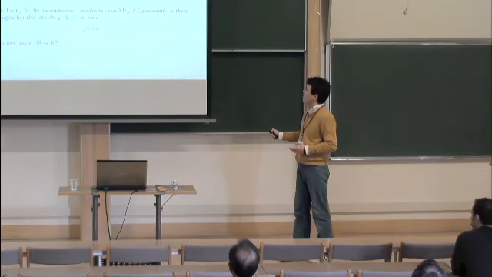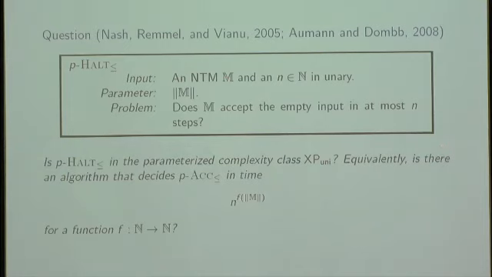version of this class. Or more precisely, whether there is an algorithm deciding this problem in time n to the power of f of the size of M. Here f is a function. So if you fix an M, it's a polynomial. The point is, if you look at the brute force algorithm for this halting problem, you need time something like the size of M to the power of n, sorry. So we are asking whether we can swap these two things.